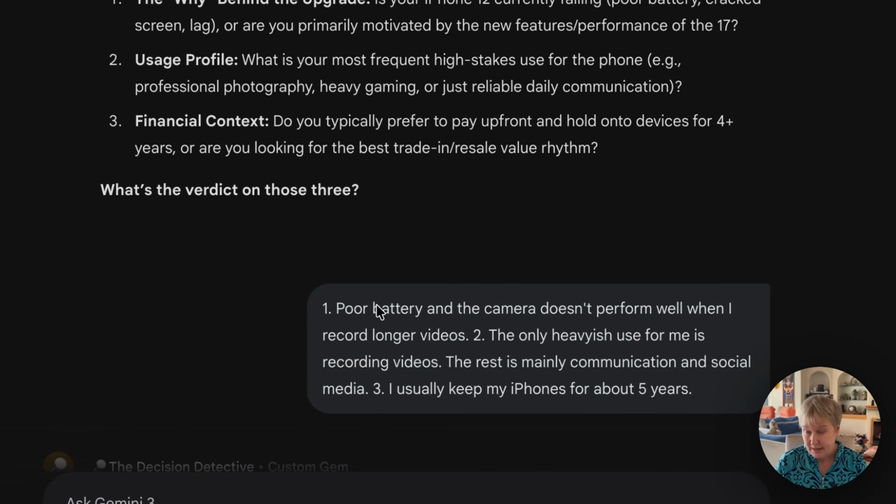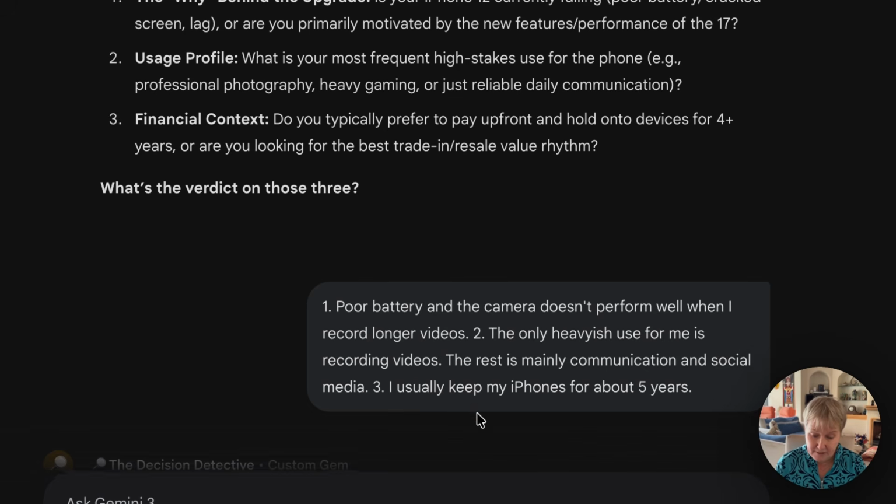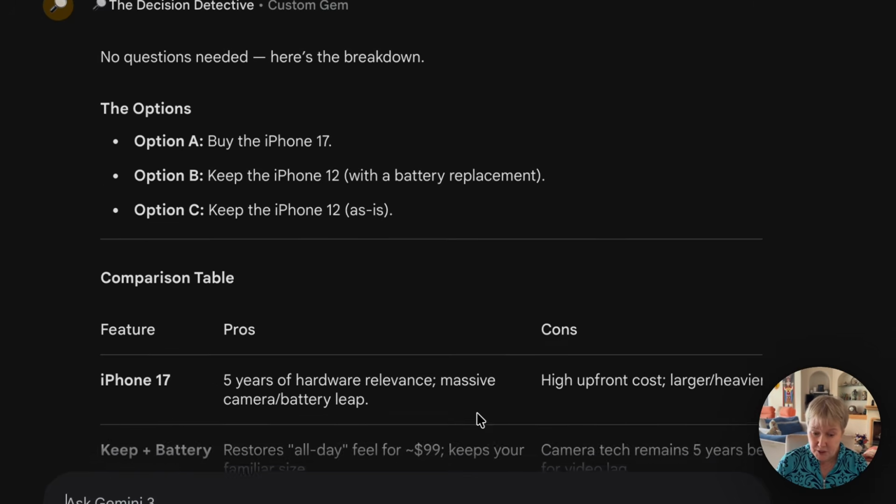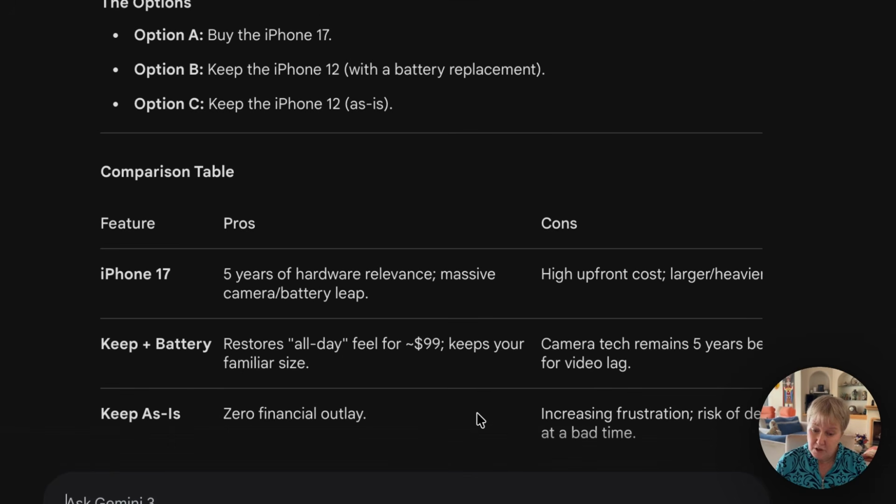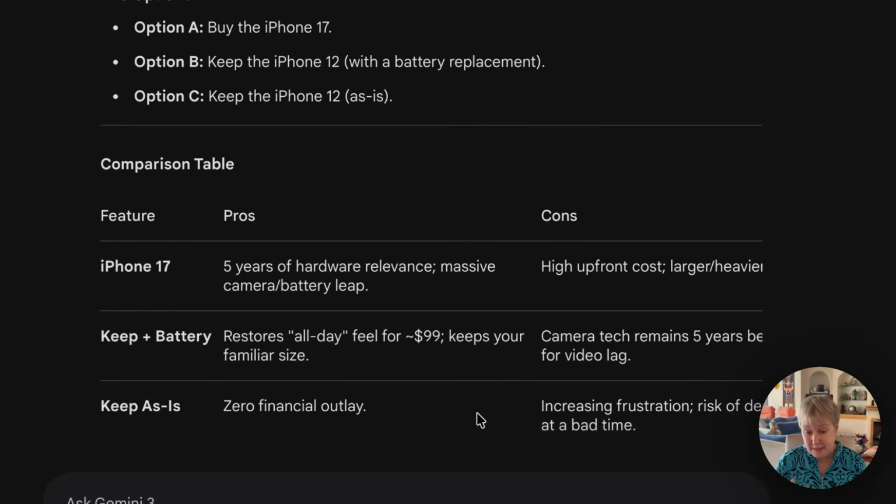And number 1, my answers. Poor battery and the camera. And number 2, recording videos. The rest is mainly communication. And number 3, I usually keep my iPhones for about 5 years. And then the options. You buy the iPhone, you keep the iPhone 12 with the battery replacement because that was a big issue,